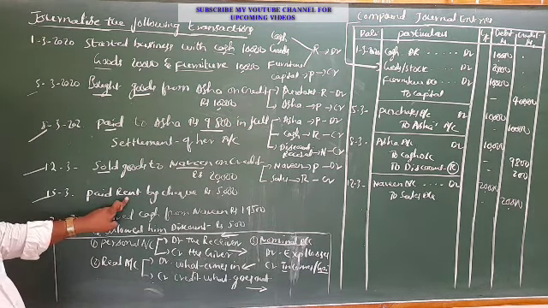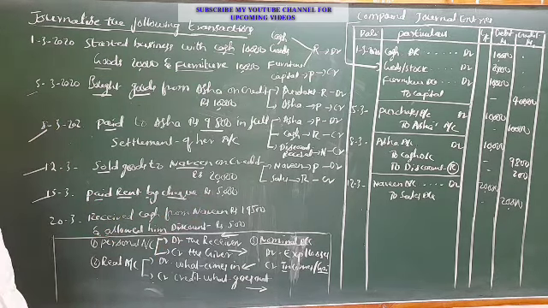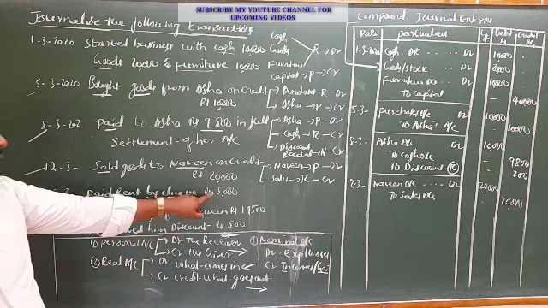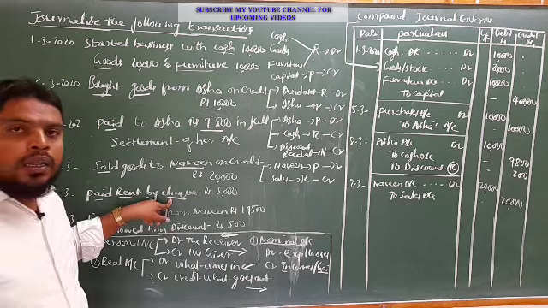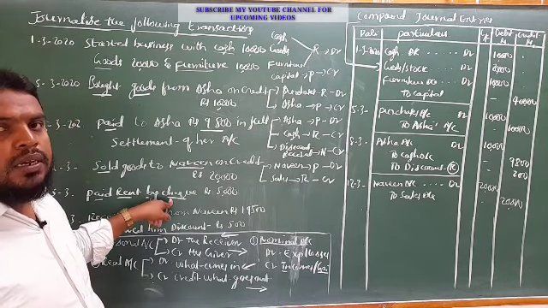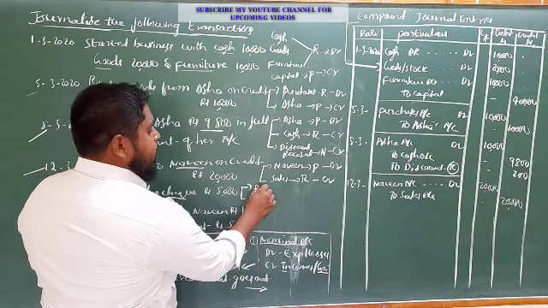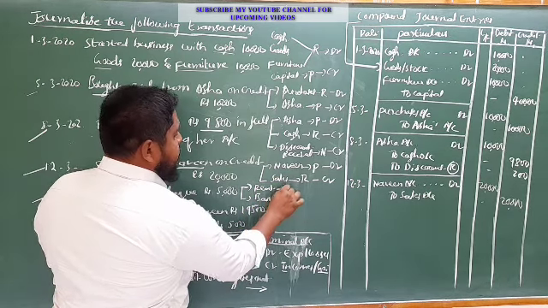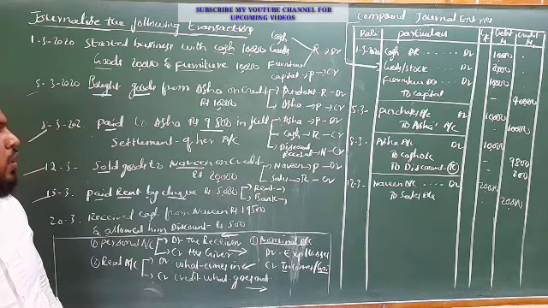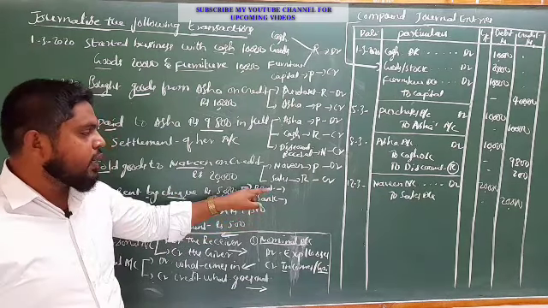Next, on 15th, paid rent. Paid rent by check, rupees 5,000. So the business paid rupees 5,000 rent through the check. Here the business is not paying in the form of cash. So the owner has issued a check. In this transaction two accounts are involved: rent and bank. Check means bank here. The bank will clear the amount.